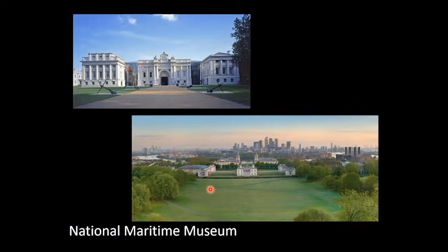The heritage site also includes the Royal Observatory and the Cutty Sark, the last two of these having an entry charge, the National Maritime Museum and the Queen's House both being free. The National Maritime Museum itself arose from an interest in preserving British naval and ship memorabilia taken by the wealthy